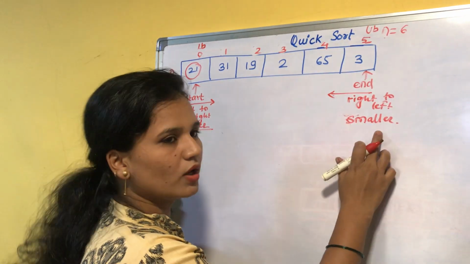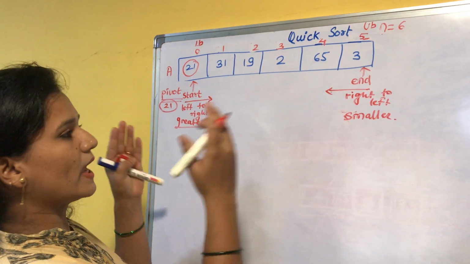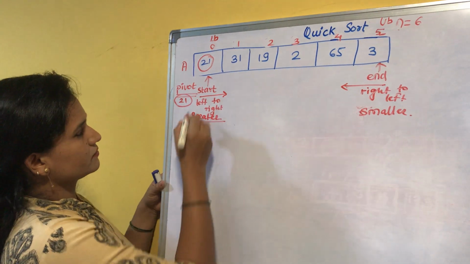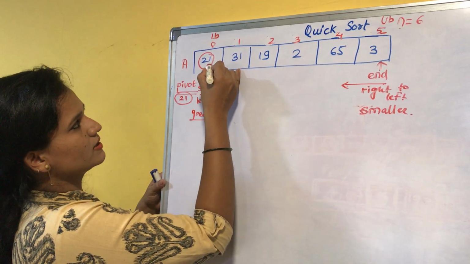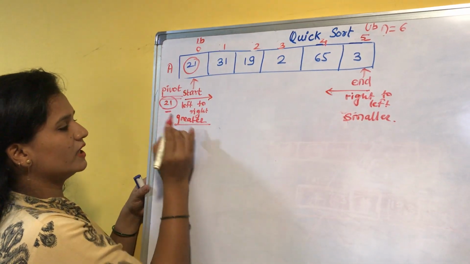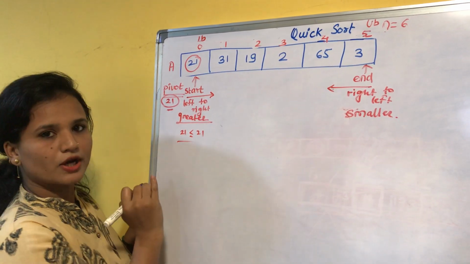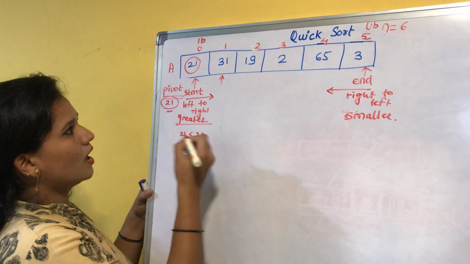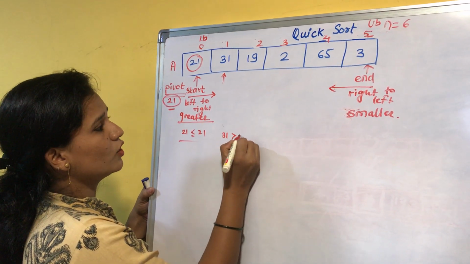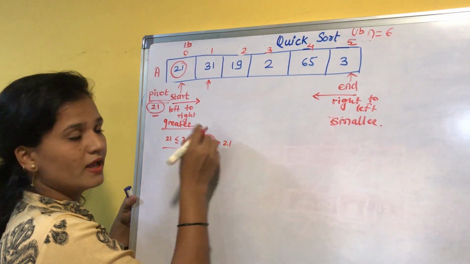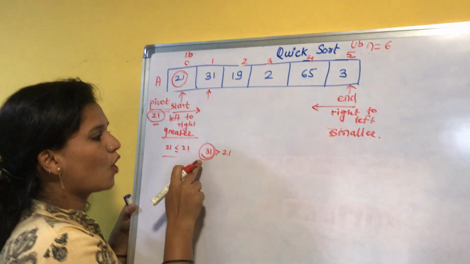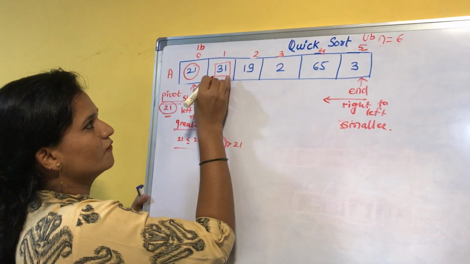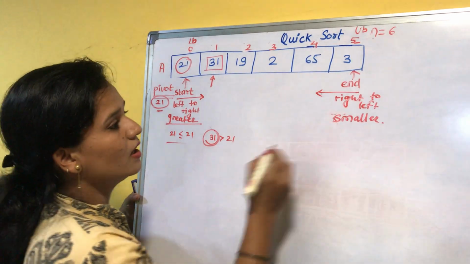And once you get the smaller element you have to stop there, and then we are going to exchange that greater and smaller value with each other. How? See, firstly our start is pointing towards this 21, and our pivot element is also 21. 21 is less than or equal to 21, the condition is true, that's why we increment our start, so start will point here. Now 31 is greater than 21, means we have got the greater value, and we were looking for the greater value. Once you get the greater value, we stop traversing there, so we'll stop here. We get the first greater value than the pivot element.